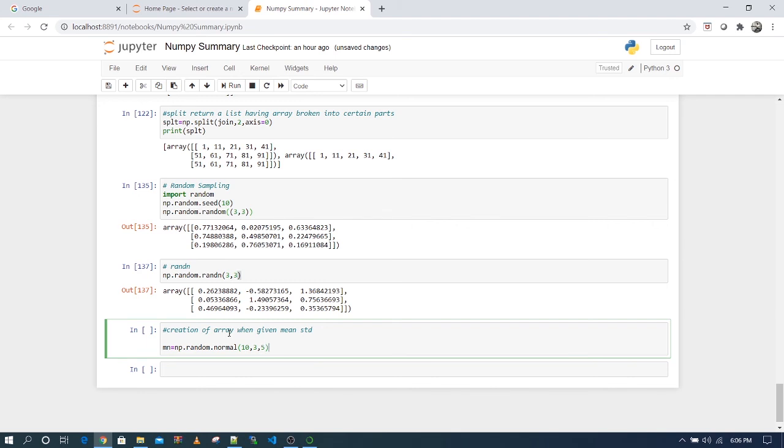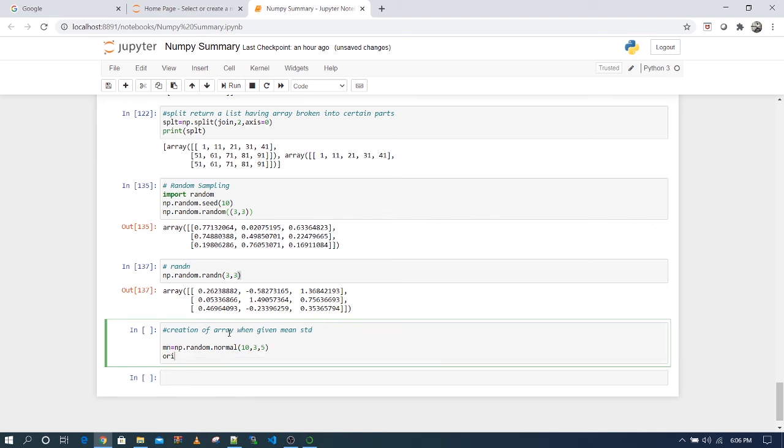Suppose I need 5 elements, so I will get a numpy array whose mean is 10 having that standard deviation. It takes mean, standard deviation and number of elements.